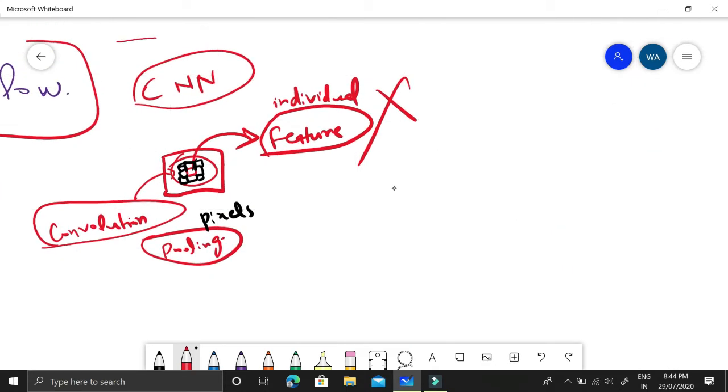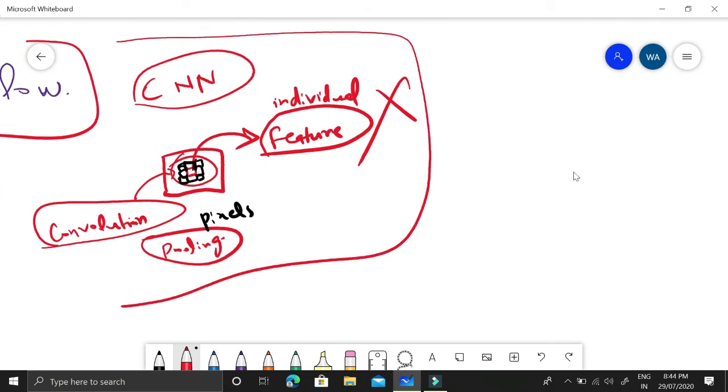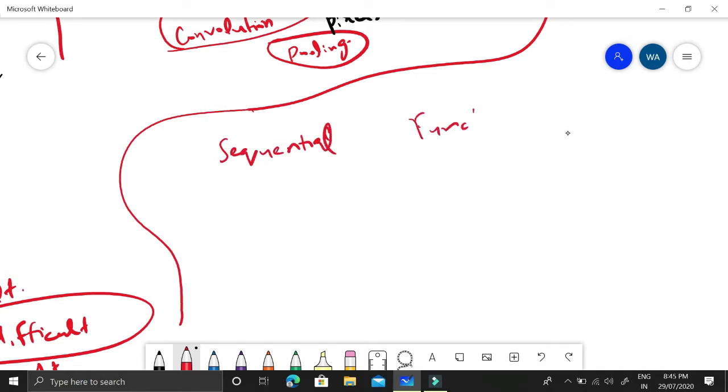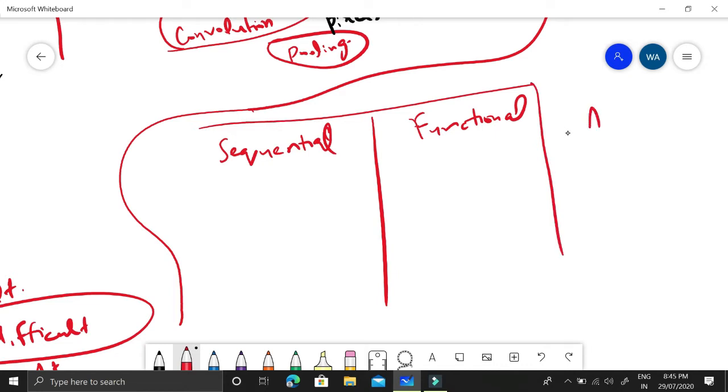You need not know the mathematics for actually coding this whole thing in TensorFlow. However, you should know certain details of TensorFlow. And what are those details? These are the sequential API of TensorFlow, and another one is the functional API of TensorFlow. In TensorFlow, our main task is the graph definition, or architecture design and architecture definition. So how do we define this architecture?